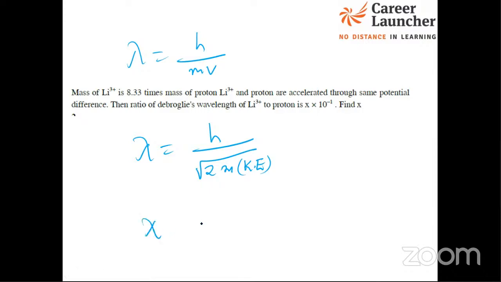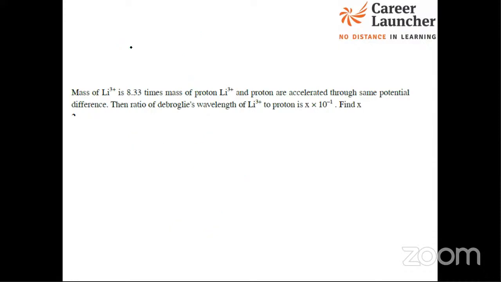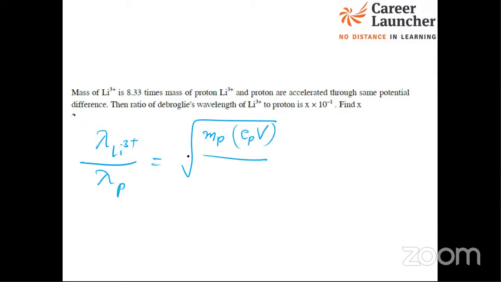So lambda is proportional to 1 by square root of mass and kinetic energy, which you can take as electron volts, qV. By substituting the values given, you can simplify it. Lambda of lithium plus upon lambda of proton, by taking the ratio, involves the mass of proton and the potential. The mass is 8.33 times that of the proton, and the potential is 3 times. So if you simplify it,